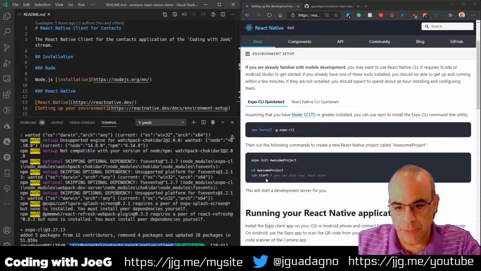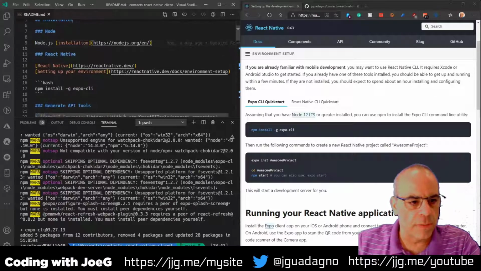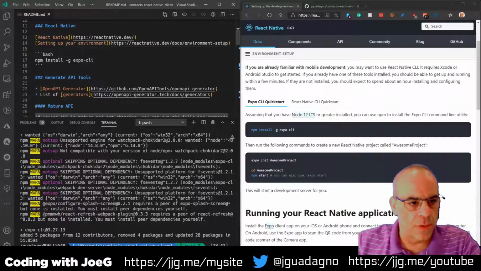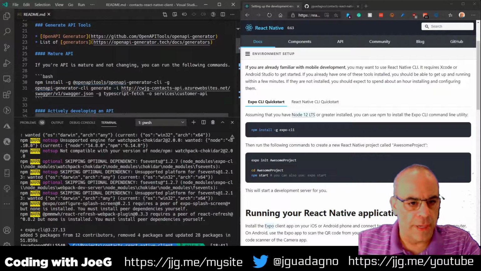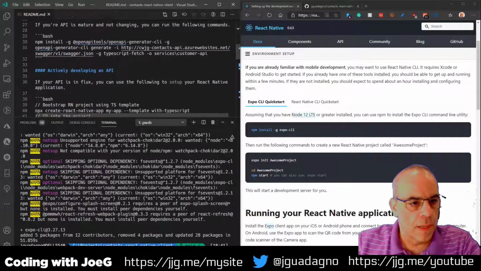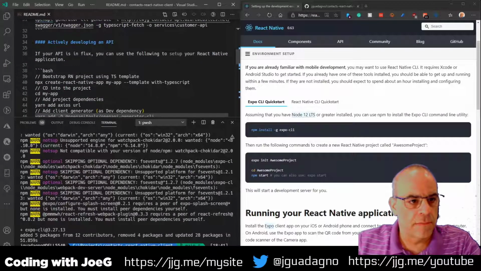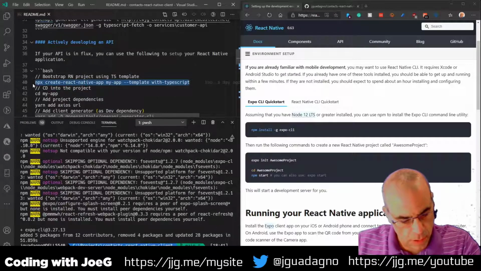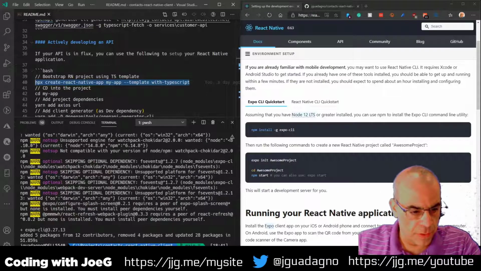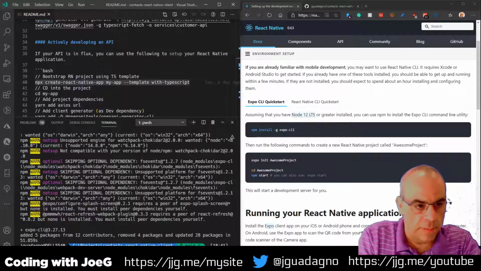So next step would be to get started. I'm going to take a little deviation from there getting started only because I'm going to use a different command line first. So I put this section in here for actively developing an API. I want us to use TypeScript for it. So I am going to do the TypeScript based install. So this is npx